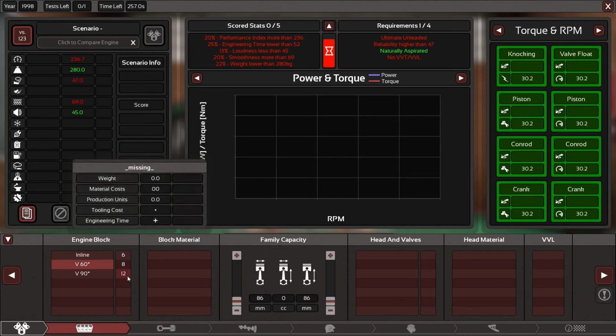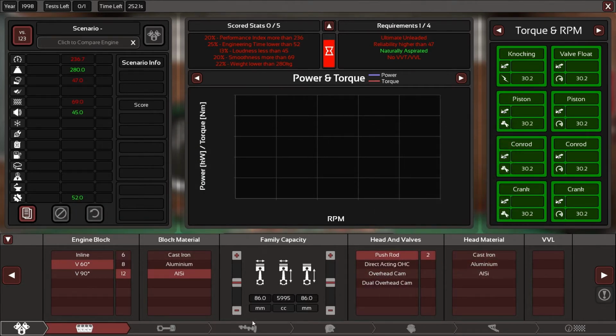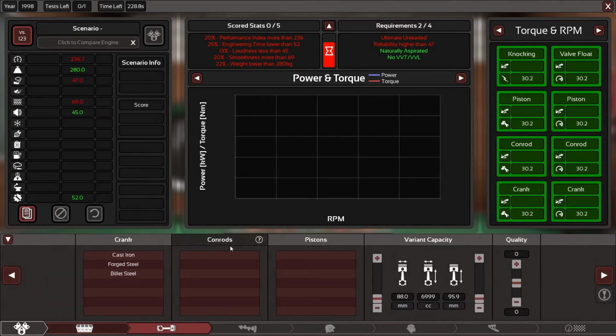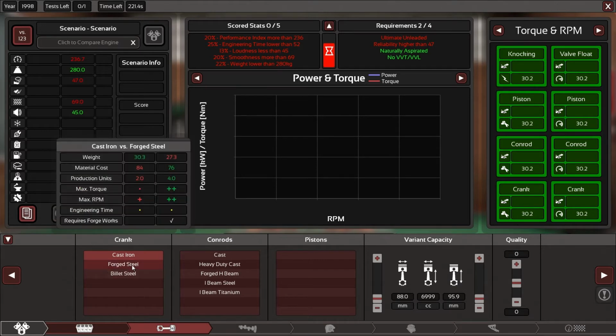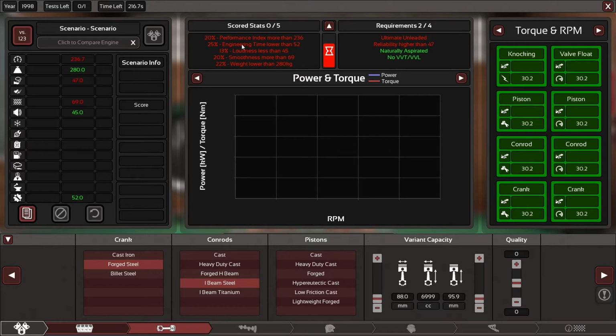Okay. Yes, let's make a very lightweight pushrod V12. With something like 6 liters? Well, no, let's go with 7 liters, just because. And also it needs to be reasonably lightweight. Lightweight for a 7-liter engine. Yes, these don't actually take that much engineering time. And we don't have... We actually do not have...